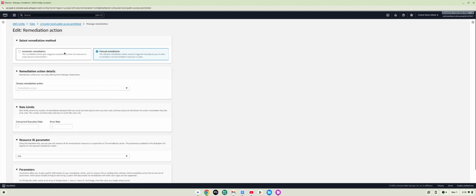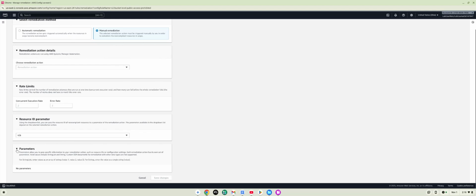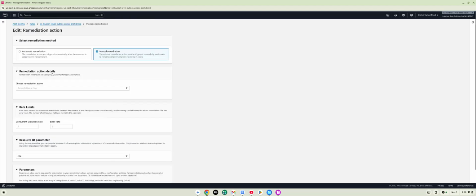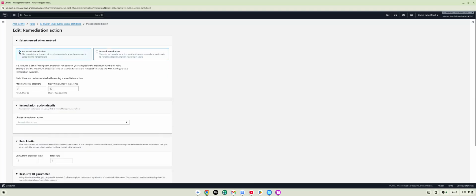Okay. So while I have this, I'm going to expand parameters. Well, there are some things I need to do here before I can do that. Under remediation action, I'm going to choose automatic remediation since we want to automate this. And as far as remediation actions,